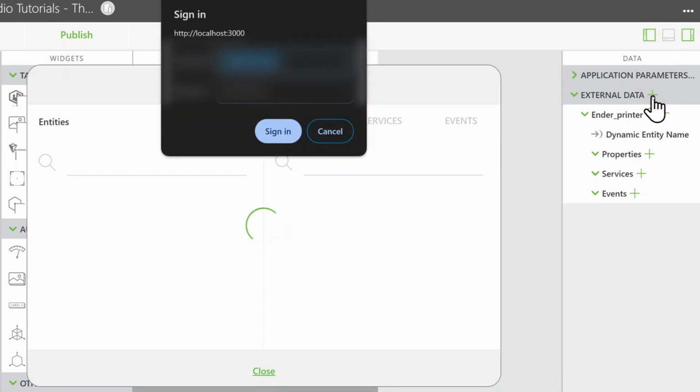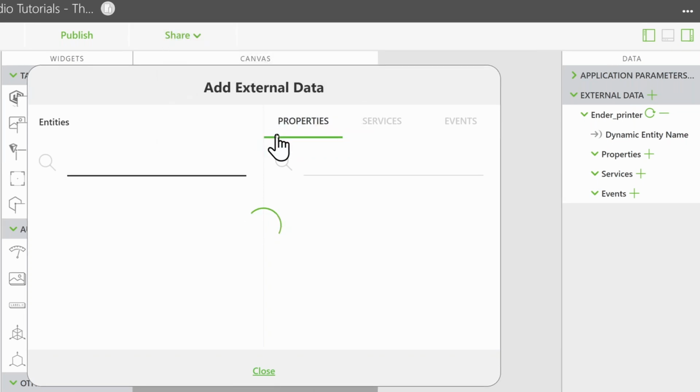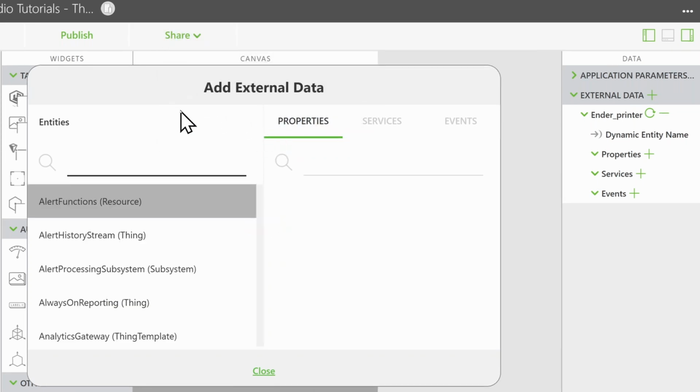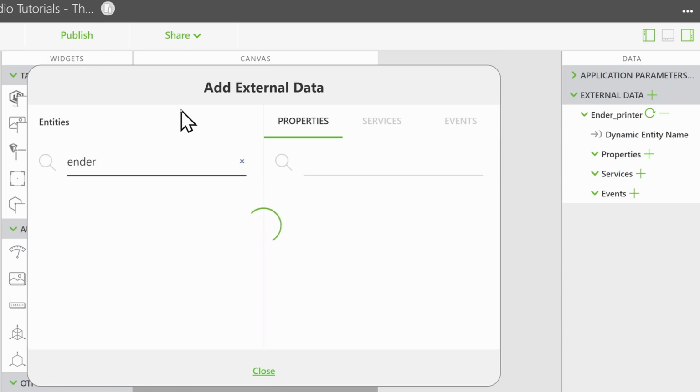You may be prompted to sign in with your Vuforia credentials. This will prompt a pop-up that is linked to the Thingworx server. You can then add a relevant property, service, or event to your Vuforia experience. For this demonstration, we have a thing for our 3D printer set up with relevant temperature data from sensors connected